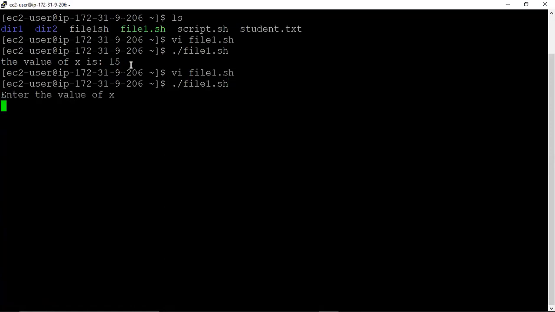Now see what happened. See what the terminal says. The terminal asks, enter the value of X, and the cursor moves to the next line. Suppose we enter the value of X as 10. So the user enters the value of X, it may be 10, it may be 15. So this is a benefit of read user input.